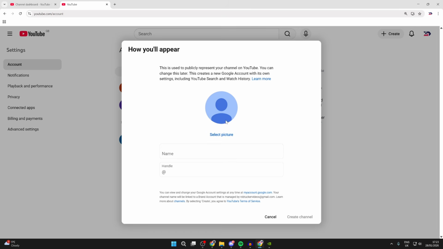Now you can choose your picture here if you want to. You could do that later as well. But what you need to do is enter in your name. So I could type in Rob Guides, like so. This does not have to be unique, the name, but the handle does. So if it's not available, you have to add a letter or number after it. And then when you're ready, you can press the create channel button in the bottom right and